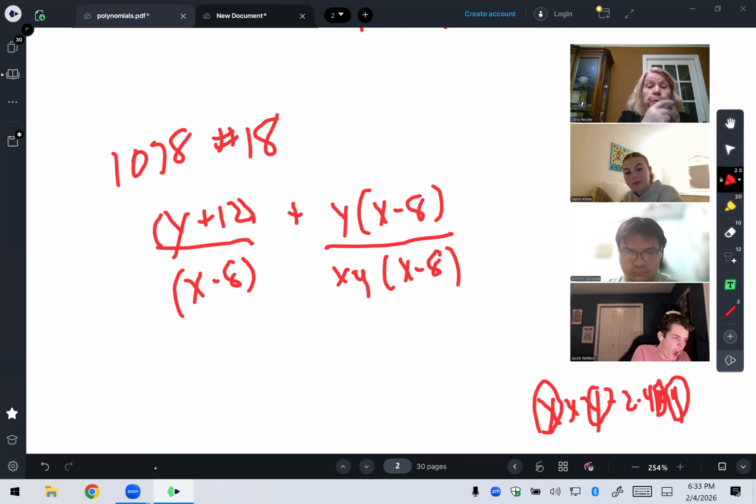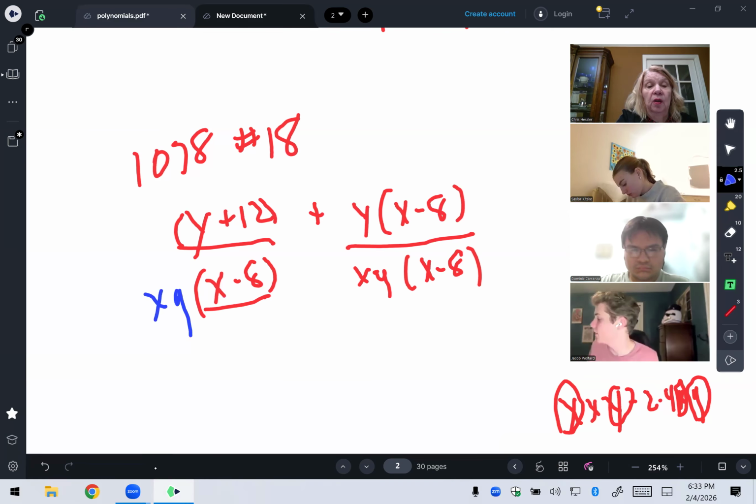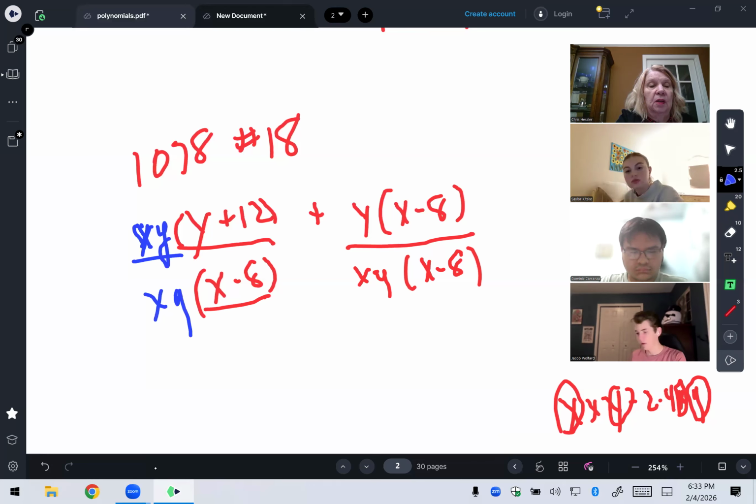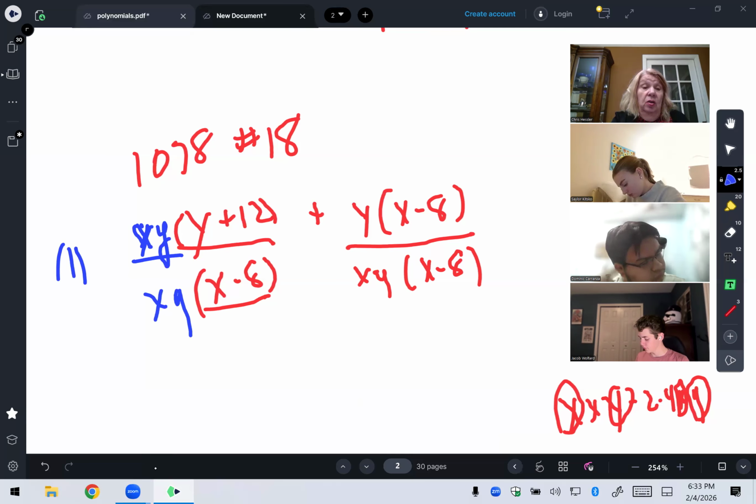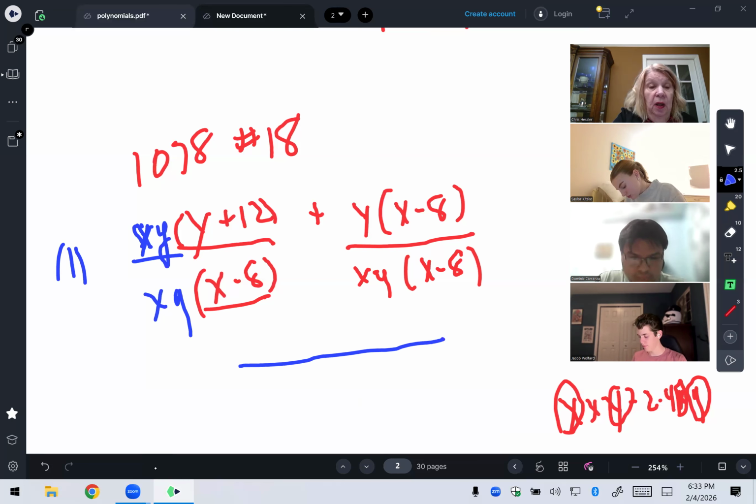Okay, so now I have to get the same denominator for the other term, so I have to put an xy out here. Do you see that? So it matches in the numerator, right? That's the same as multiplying by the number 1. I didn't change it at all. I just multiplied by a 1. Any number over itself is 1. So it's legal to do that. And like I said, we're in the deeper water, but if you get one of these, I want you to solve it. So now I know my denominator is going to be xy times x minus 8,